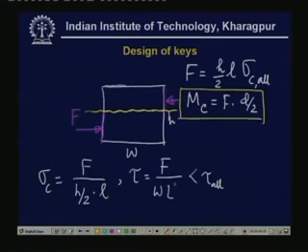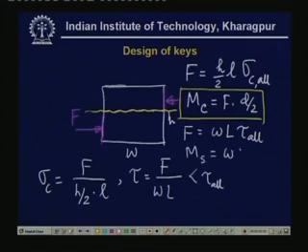Now the shear strength, that is the maximum torque that can be transmitted while tau reaches the value tau allowable, can be taken to be the following, that is F is equal to W L times tau allowable, and therefore M shear is equal to W L tau allowable times